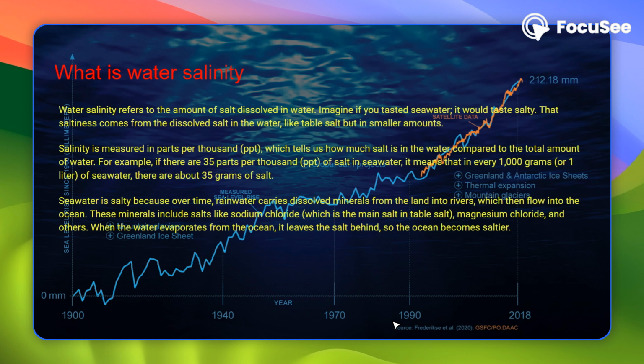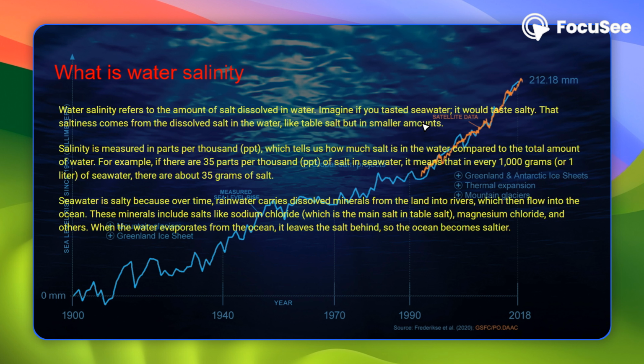So, first question, what is water salinity? Water salinity refers to the amount of salt dissolved in water. Imagine if you tasted seawater, it would taste salty. That saltiness comes from dissolved salt in water. Salinity is measured in parts per thousand, which tells you how much salt is in the water compared to the total